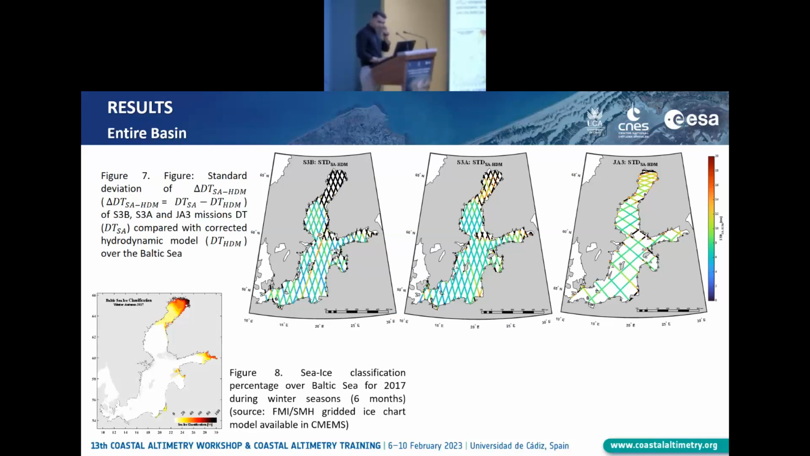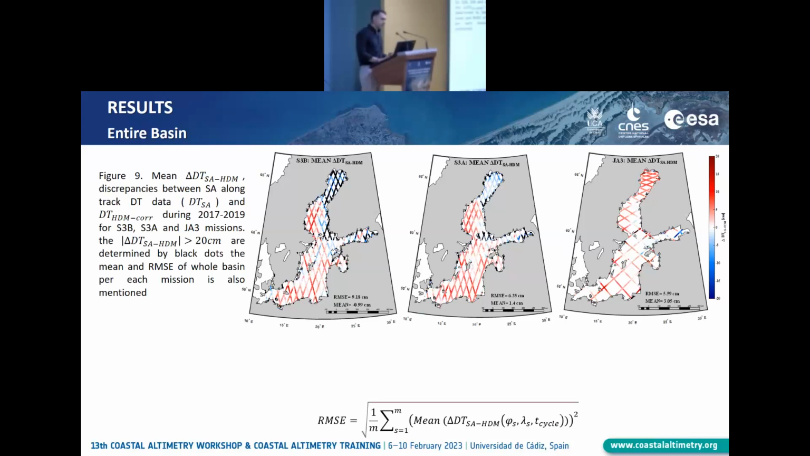Especially for this winter season. What I want to show here is the Sentinel-3B. We had only 8 months of data available, and they're mostly during the winter season, so that's why you can see higher standard deviation there. And by comparing along track RMSE, here you can see the pattern of the RMSE of each